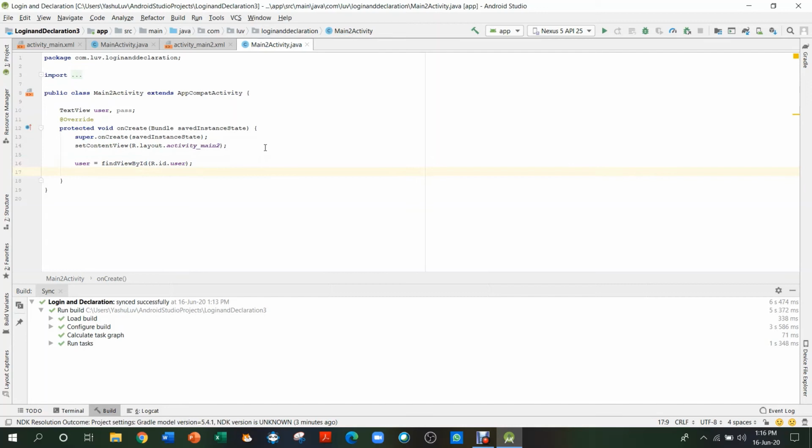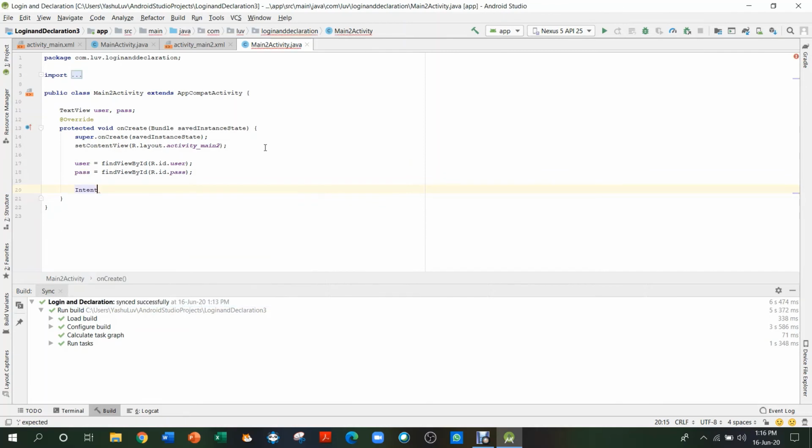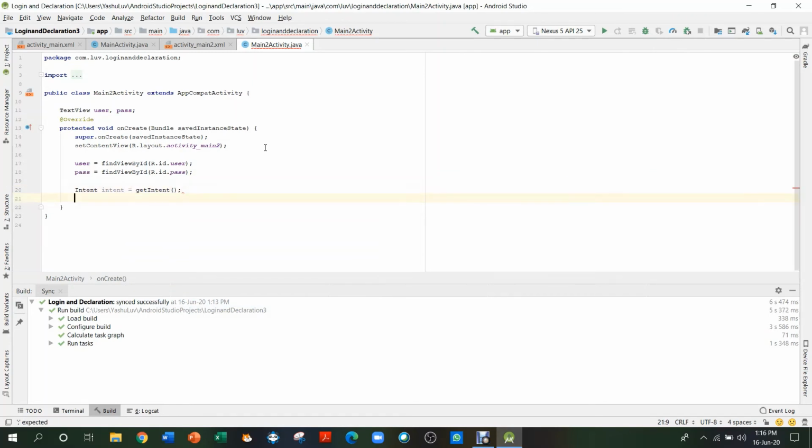Then after that we are going to do pass is equal to findViewById(R.id.pass), and then we are going to do intent equals getIntent, then intent.get